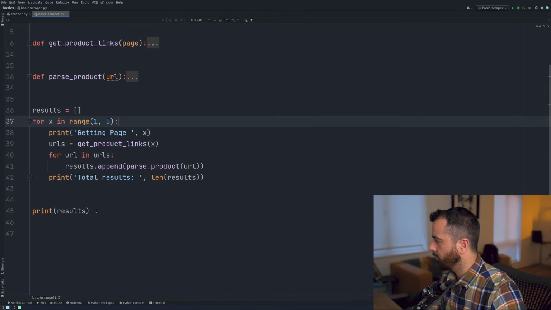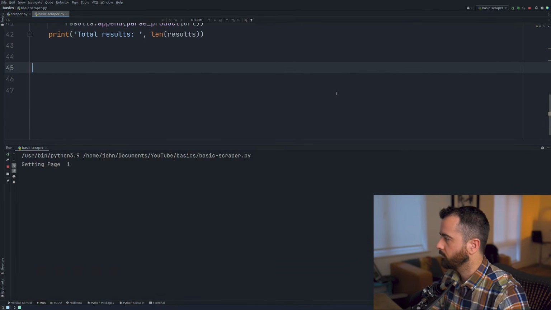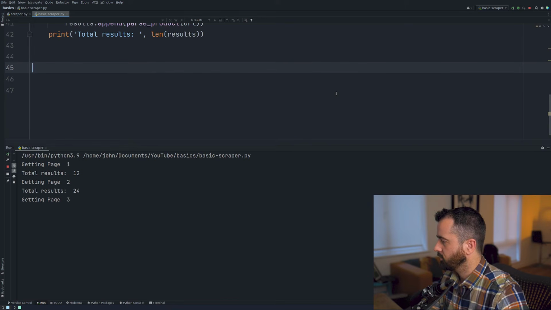We're going to go ahead and we won't print the results. We don't need to print anything at the end. We're just going to make sure this goes through and we get what we're expecting at the end, which is going to be 4 pages of however many products. 36, so it's probably going to be 46, which is